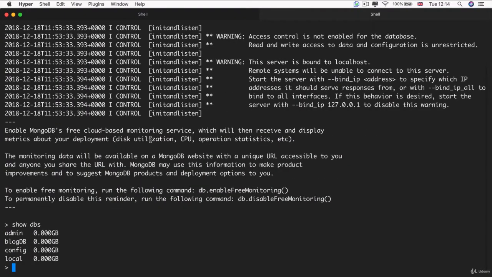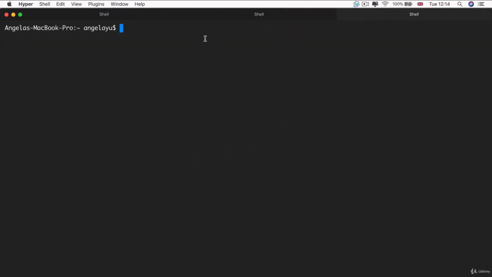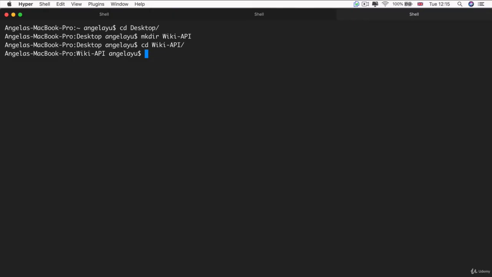So I'm going to go and open up a new tab. And here I'm going to navigate to my desktop. Feel free to create your project anywhere you like, but I'm just going to do it here so that it's easy for you to see, and I'll move it later. So on my desktop, I'm going to create a new directory that is called wiki-api. Then I'm going to cd into this directory, wiki-api,